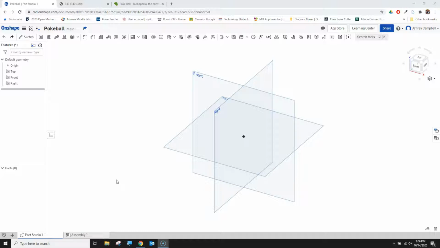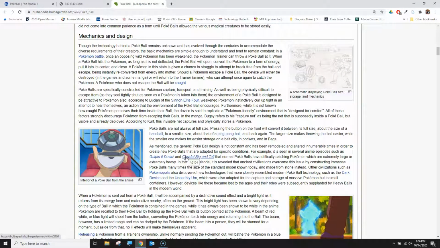So doing a little research, we found on a community-driven Pokemon site that Pokeballs vary in size, but when they're full size, they're about the size of a baseball, and supposedly this makes it a bit easier for throwing the ball. If we look up a baseball size, we find that a standard baseball is 9 to 9¼ inches in circumference. That gives us a diameter range of about 2.86 to 2.94 inches. 2.9 is a nice midpoint of that, so that's the size we're going to use for the diameter of our